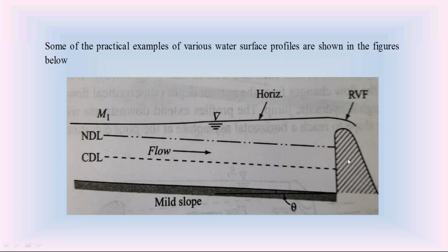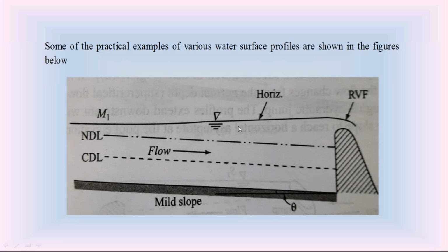So, in the case of weirs and dams, we have this type of water surface profile on the upstream side of the dam or the weir. Check this water surface profile on the upstream side of the weir or the dam. This water surface profile is called a backwater curve because the depth of the water surface rises from upstream to downstream. If I move upstream, this water surface profile has a large length.